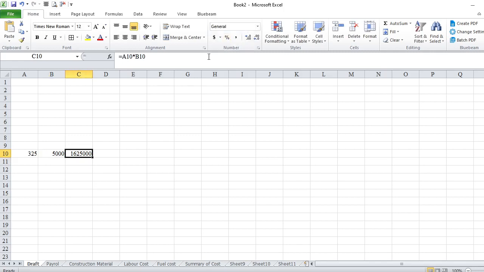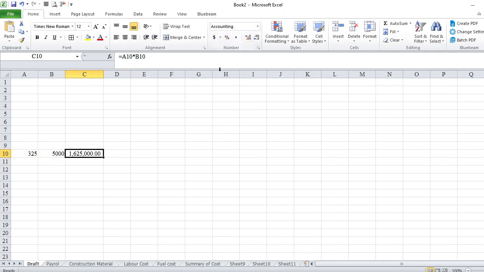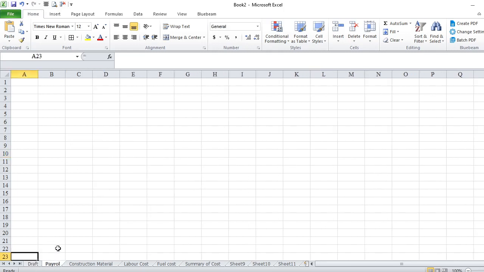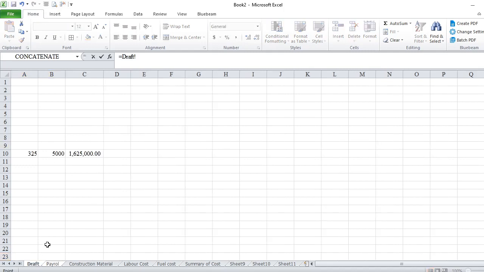What I'm doing here, just leave it as it is. We'll see it in detail how to do it, so don't worry about this. I just want to show you that you have the draft worksheet here, but you are using this value for this payroll, for example.